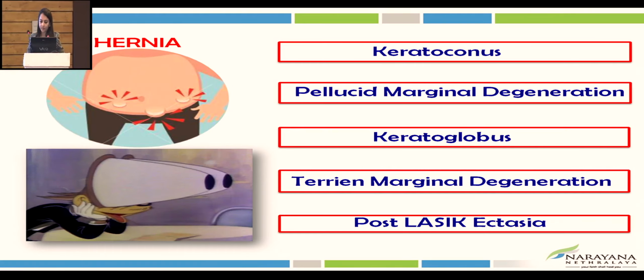Well, corneal ectasias are like hernias. In a hernia, there is a weakening. So here, there is a weakening of the collagen of the cornea. The cornea becomes thin and it bulges out. So keratoconus, pellucid marginal degeneration, keratoglobus, Terrien marginal degeneration, and post-LASIK ectasias are the types of corneal ectasias I'll be